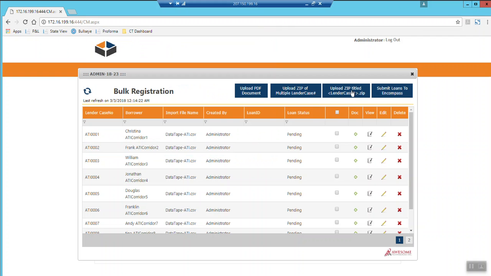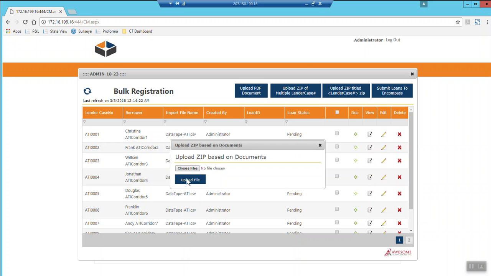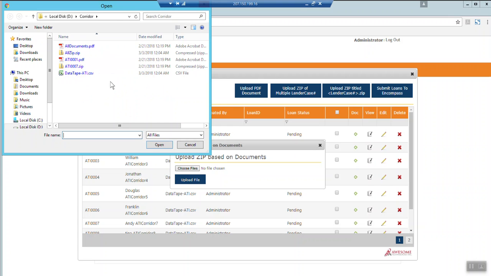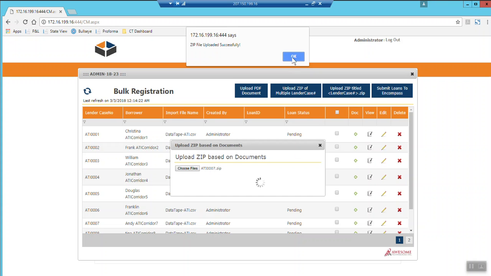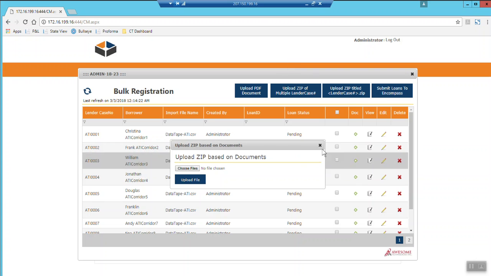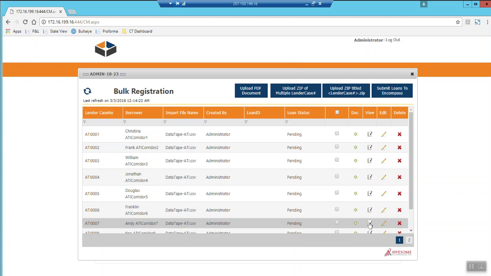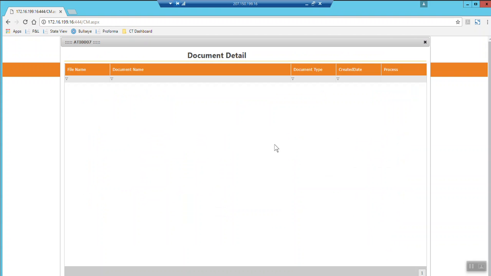You will select Upload Zip titled lender case number.zip. Go into Choose File and select ATI 0007.zip. You will select Upload File and you will receive a prompt saying the zip file has been uploaded successfully. Just to verify, we'll open up